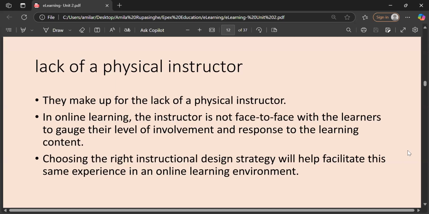Even students can understand the teacher through body language, facial expressions, and movements. From their behaviors and expressions, we can understand their understanding level and their level of potential. Likewise, we can easily understand them. But here in e-learning, it's not like that.